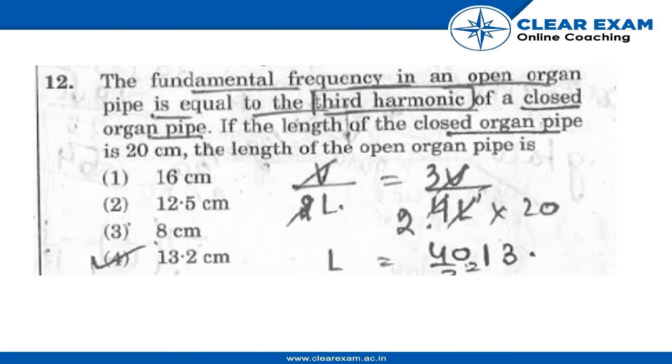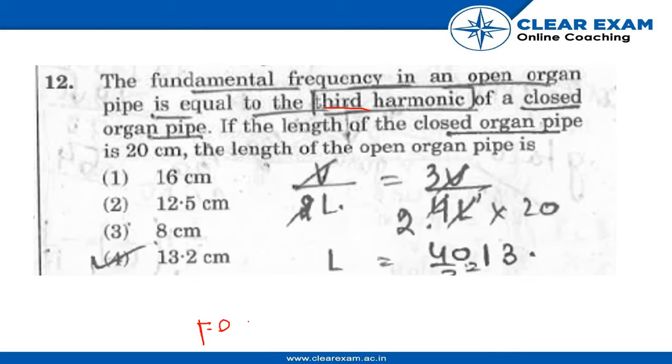Given the question, we have the fundamental frequency in an open organ pipe is equal to the third harmonic of a closed organ pipe. If the length of the closed organ pipe is 20 centimeter, then the length of the open organ pipe is? Now we know that the fundamental frequency of an open organ pipe is F0